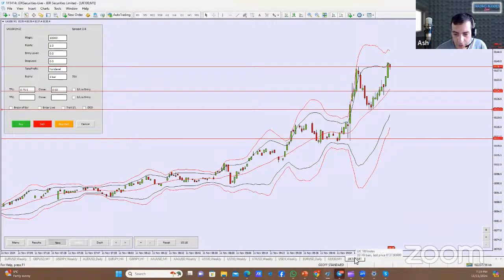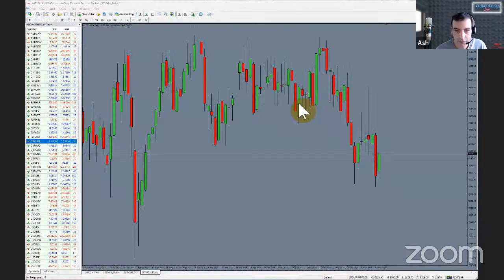Right, let's talk some longer term things. We only hit TP1 on the FTSE too. That was it, so a small winner. We're going to look at the FTSE really quickly here, because the FTSE